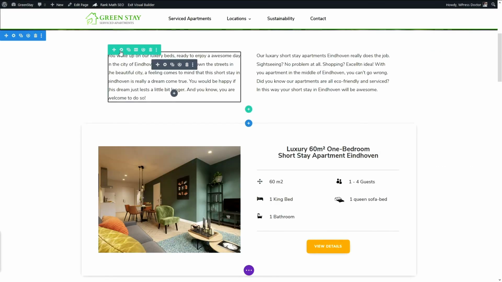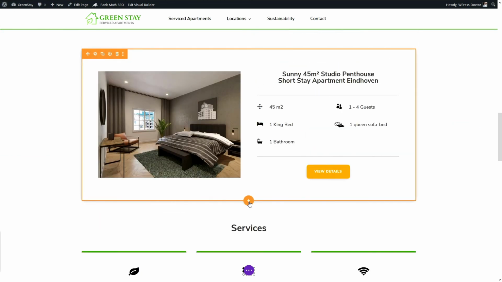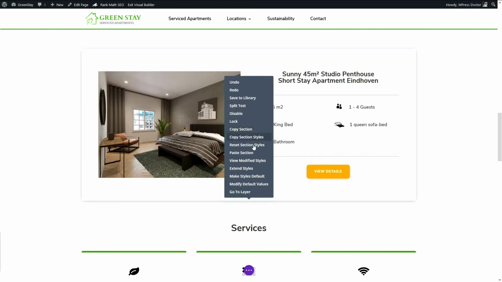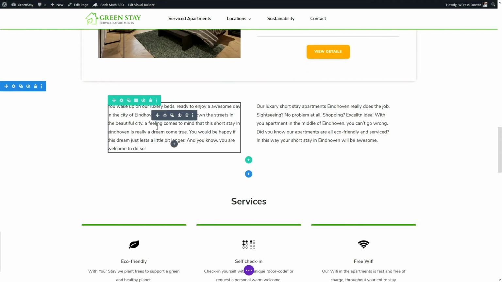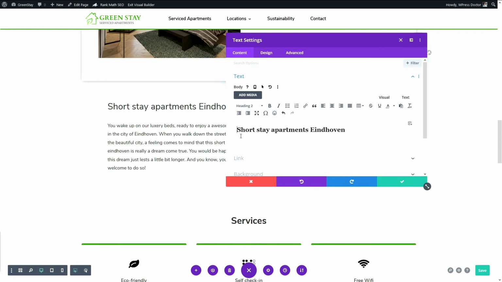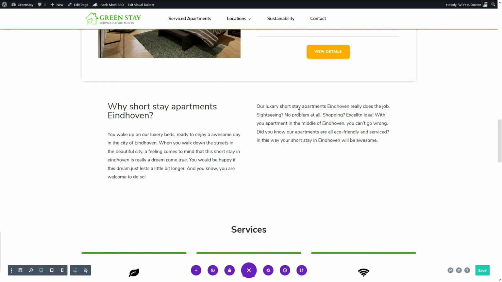We're just gonna duplicate this section. Just gonna copy it and we're gonna place it right here below this one, and we're gonna rewrite it to get some other text, and we're gonna make it a question. Why short stay apartments in Eindhoven? Alright, that's awesome.